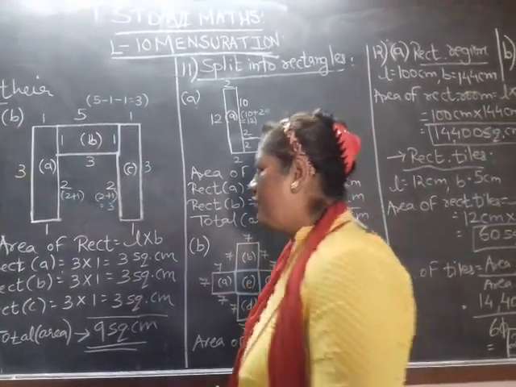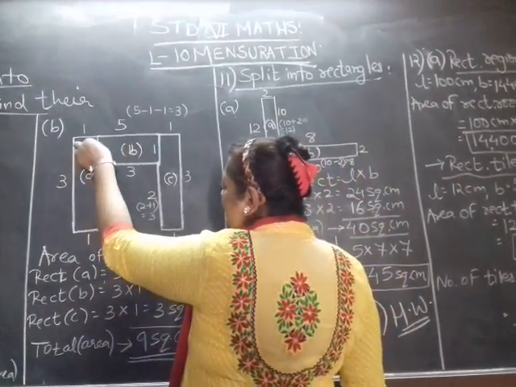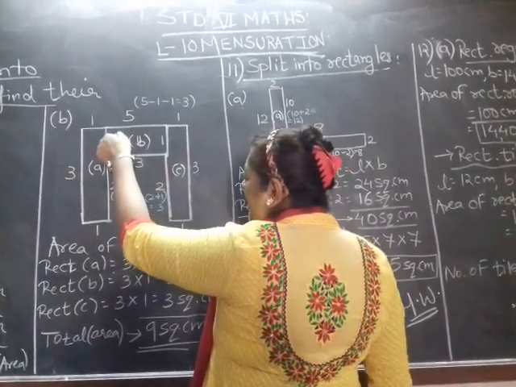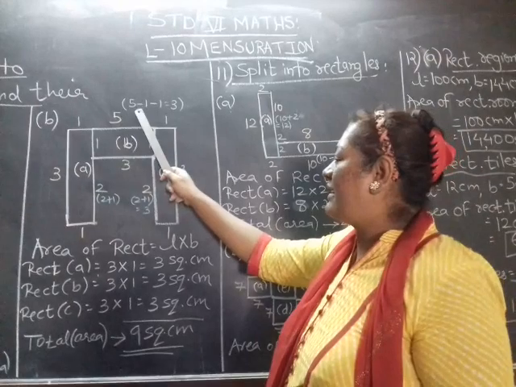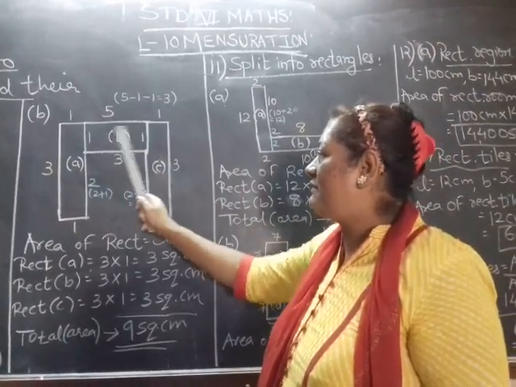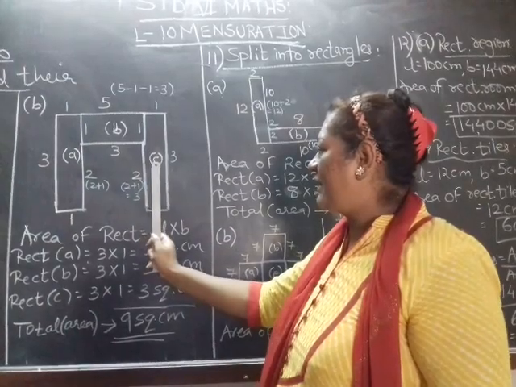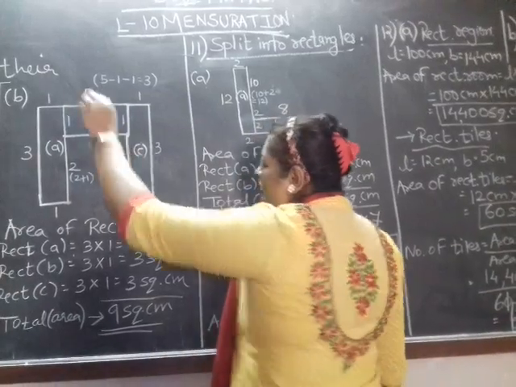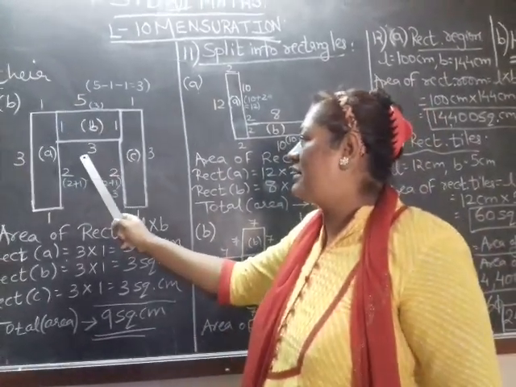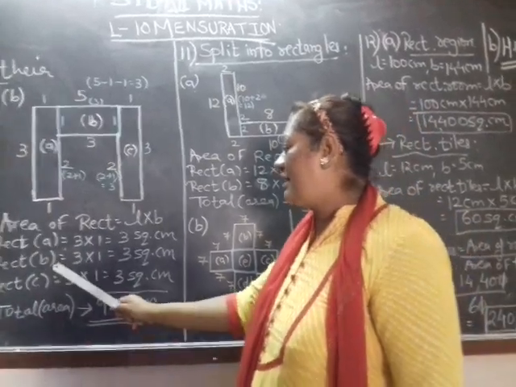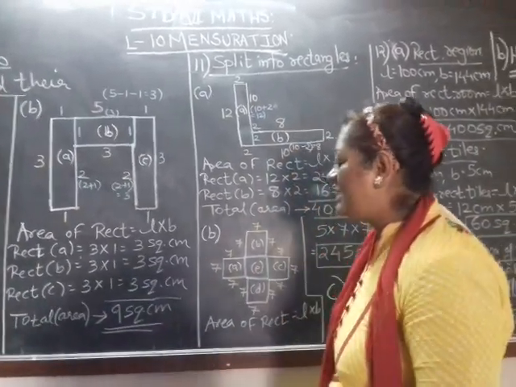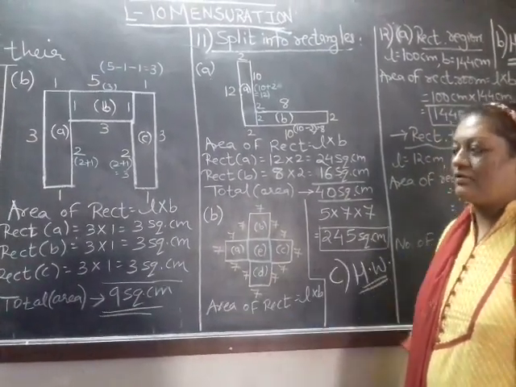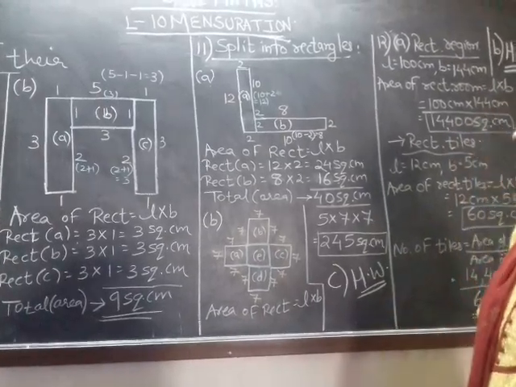Will it work? No. So from 5, as this 1 and 1 has been allotted to rectangle A and rectangle C, you have to subtract from 5 minus 1 and minus 1, 2 times, because 1 and 1 we had given to rectangle A and rectangle C. So 5 minus 2 is equal to 3. So now the real length of this rectangle B is 3 centimeter. So rectangle B area will be 3 into 1 again, 3 square centimeter. So add all the 3 rectangles together to get the total area, and it is 9 square centimeter.